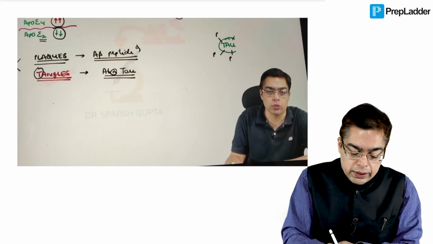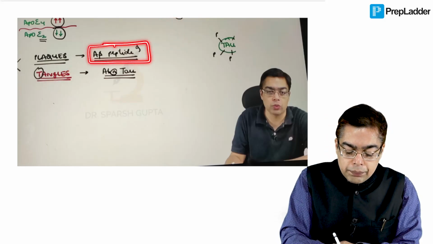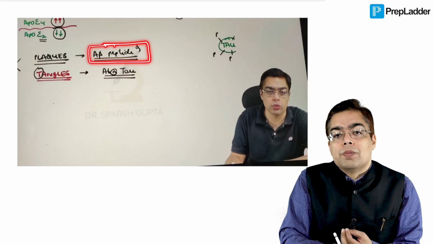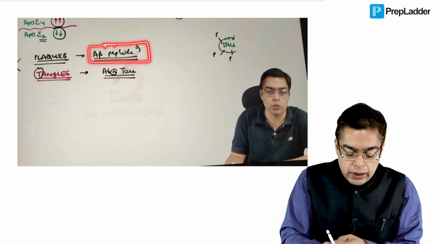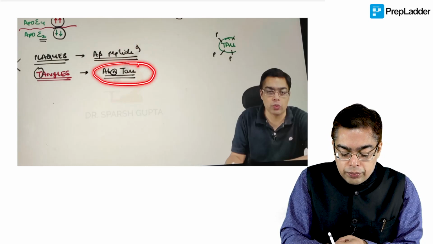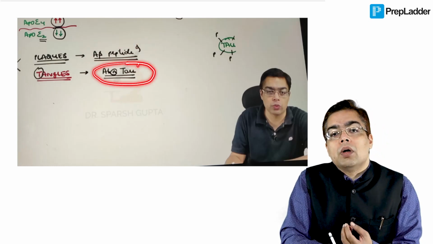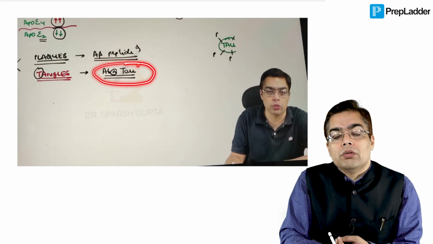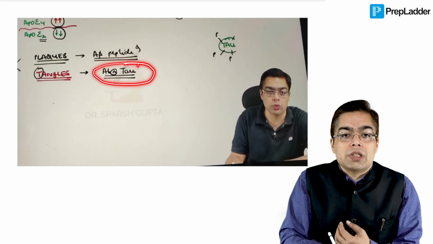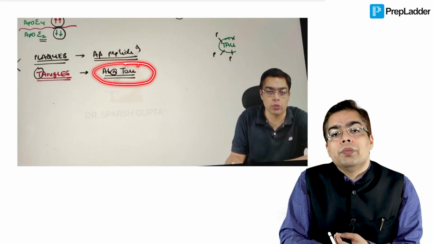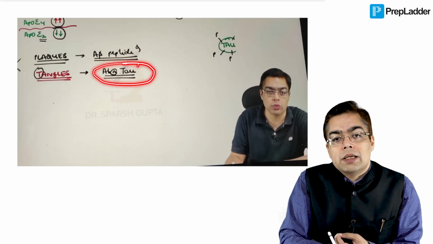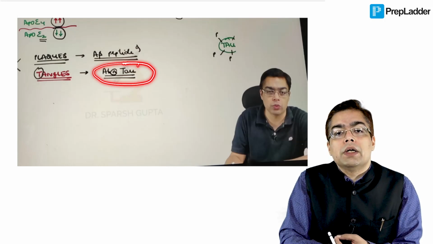I was talking about the composition of the plaques and tangles with you, friends, in the main video as well. So I did talk about the presence of something like A beta peptide, what was given as an option in the amyloidosis question also. And we did make a mention of something like the abnormal tau protein. So remember about tau, it used to be an integral component of the microtubules, thereby providing them stability. If the tau is going to become hyperphosphorylated, the stability of the microtubules is going to get compromised.